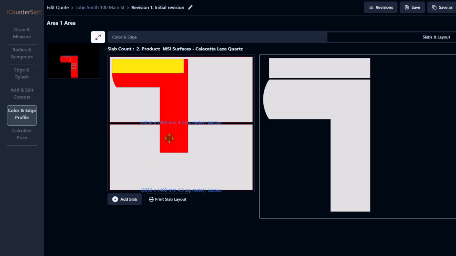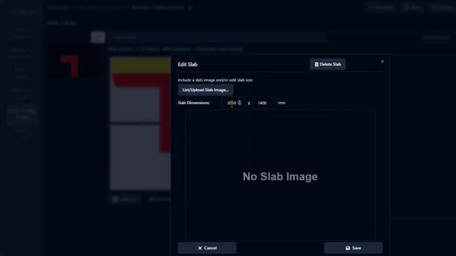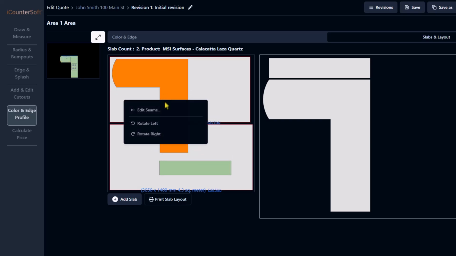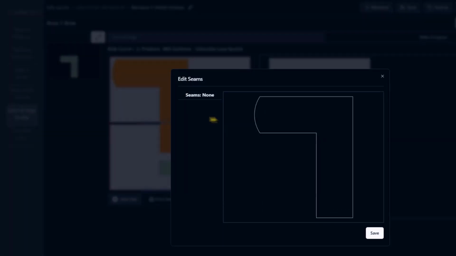Let me click on this slab description link to open the slab edit dialog where I can customize the dimensions. I'll adjust the size and click Save. I need to move this splash piece out of the way first by dragging it. Then I'll click on the L-shaped countertop and select Edit Seams. In the Edit Seams dialog, I'll move my mouse slowly along the shape to position the seam right at the